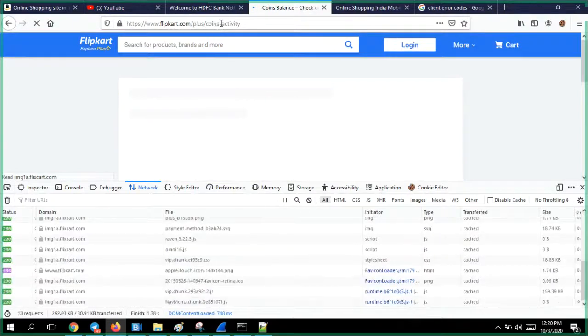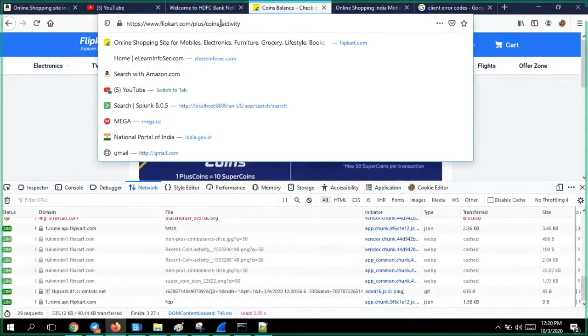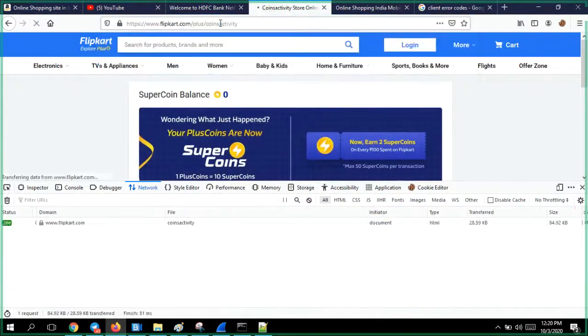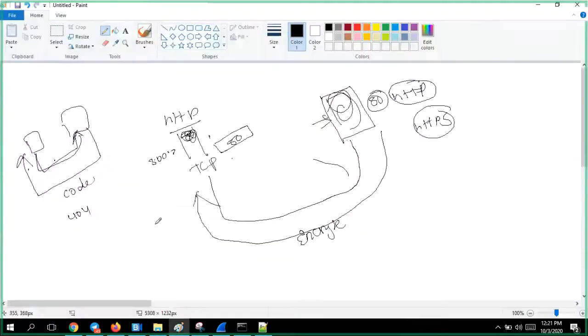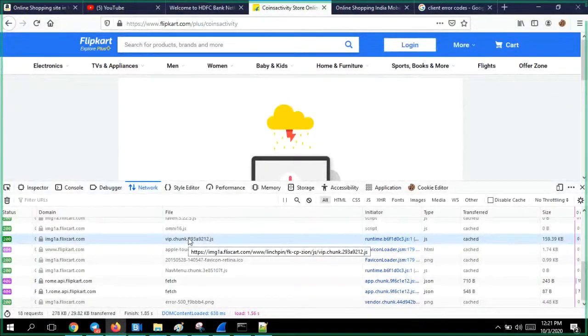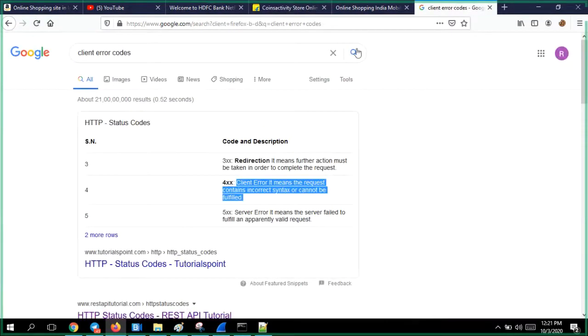Now here a hyphen is there. I will remove the hyphen. See, error. Even a small syntactic error, or any mistake in the header fields from the client side when the request comes, causes an issue.